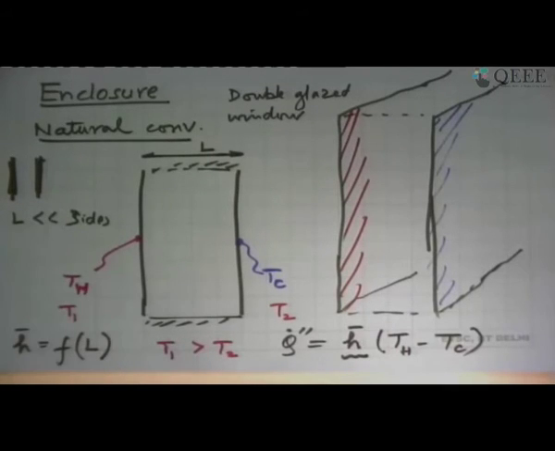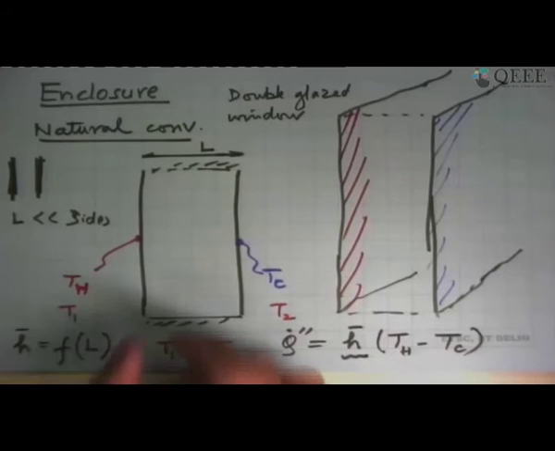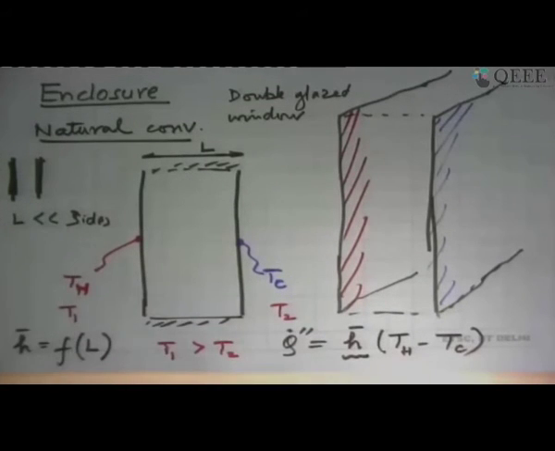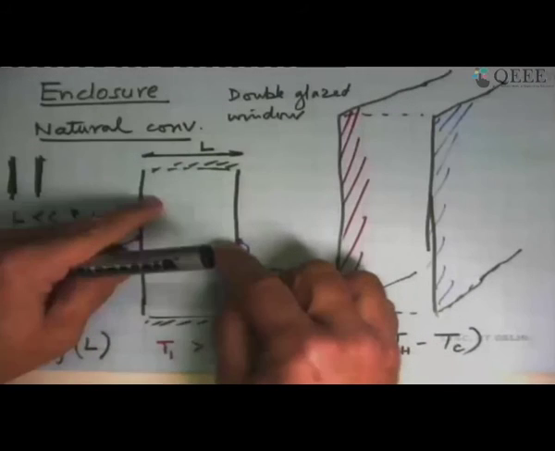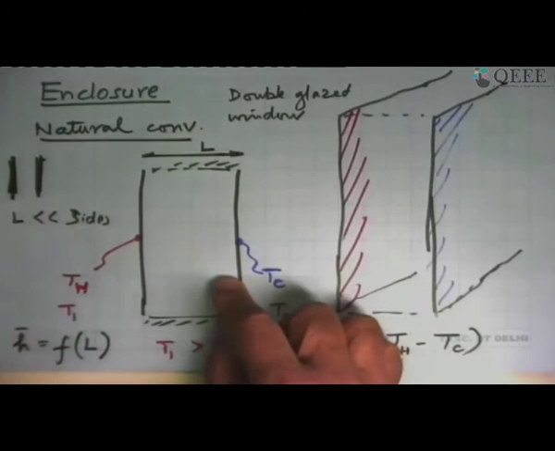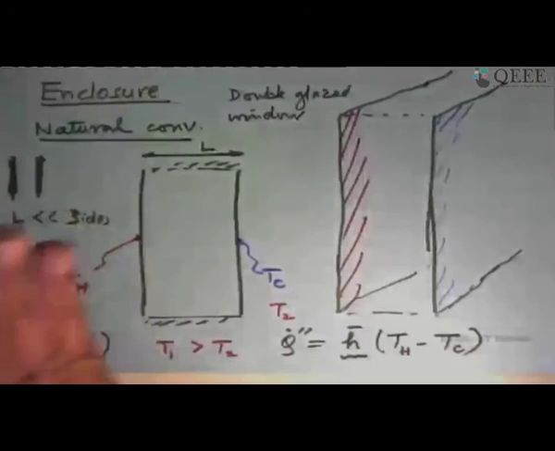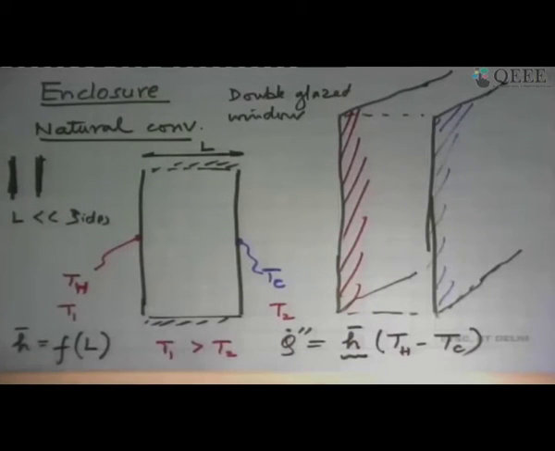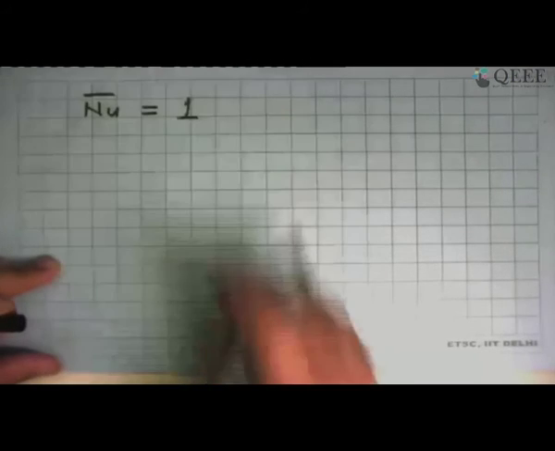And many things happen in this case. We can start with a case where this L is extremely small, and we can then define the range on which it happens. If it is very small, the temperature difference is causing this fluid to go up and set up a current like this. But because it is so small, viscous forces are very high, and so it prevents the fluid from any motion at all. So you end up getting a still fluid or a near still fluid, and it becomes a very simple case: nothing else is happening, only conduction is taking place, and the Nusselt number is 1.